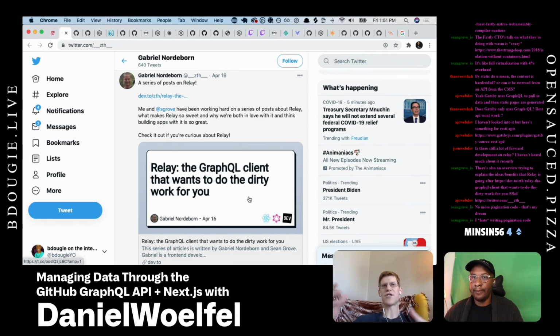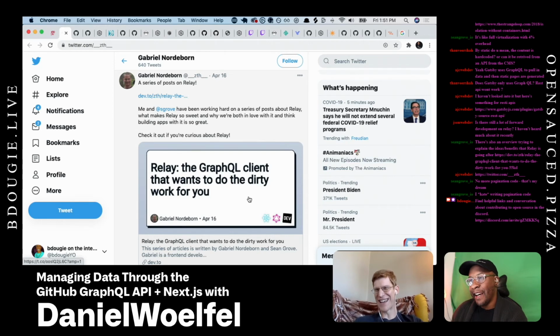And the node interface just lets you fetch any node in the whole graph. Every node in the graph has a unique ID. And that's really useful for pagination because you can just go up one level to the parent node and get the next page from the parent node. I don't know how much of that makes sense, but it's just like a really great abstraction that enables all of this automatic tooling. Yeah, it made sense for me, but that's because I'm knees deep into this.